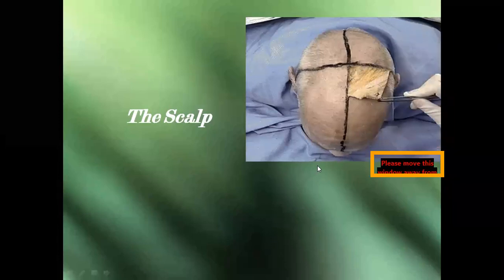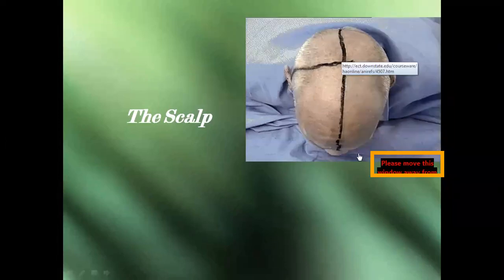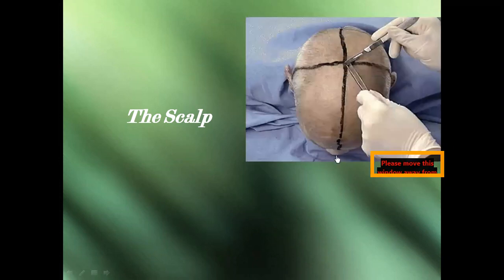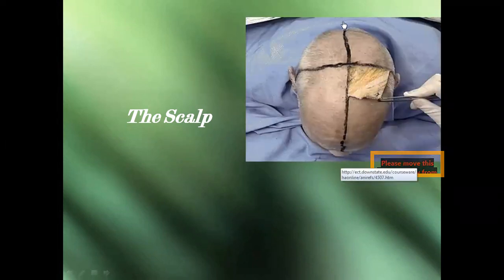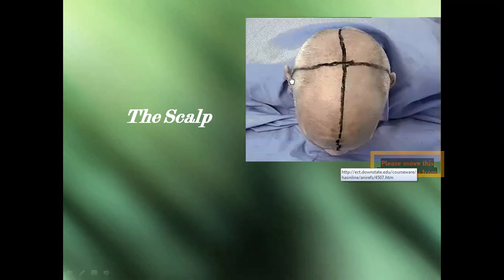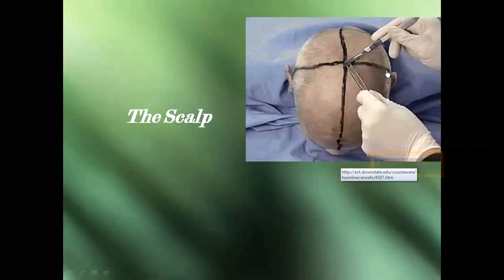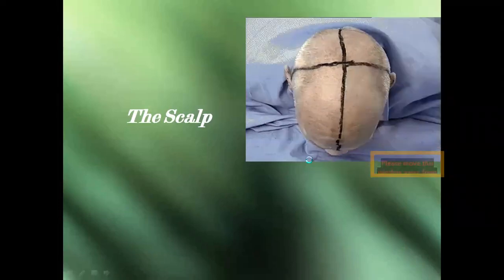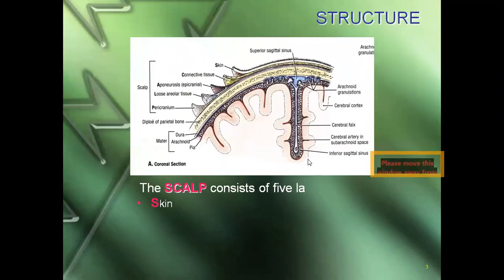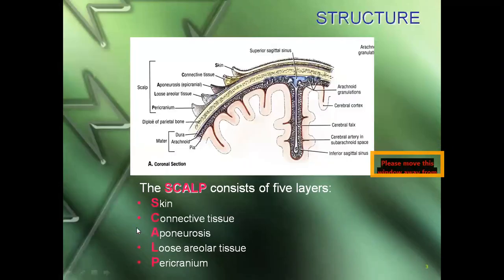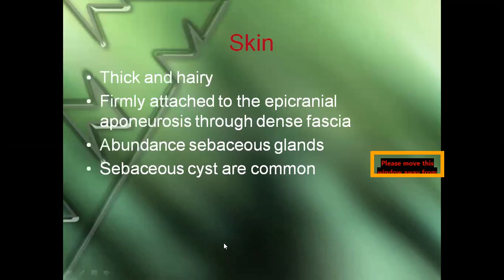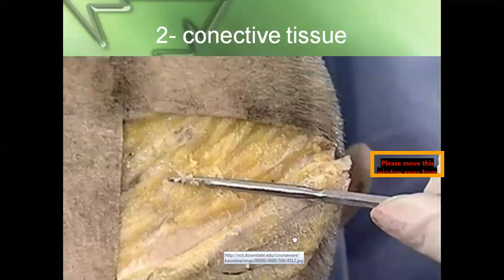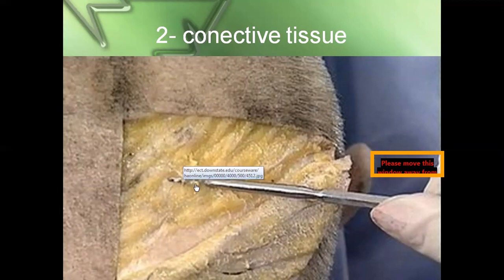The very first section, usually what we do in head and neck region is scalp, for which we give incisions in this way, going from the lesion to the external occipital protuberance. Then one more line we see is moving towards behind the pinna, and the skin will be reflected in 4 flaps. Then these are the 5 layers I said. What are those? Skin, connective tissue, aponeurosis, loose areolar tissue, and pericranium. So you can see here the skin is quite thick and it has been reflected, and where you are finding the next layer, that is connective tissue.